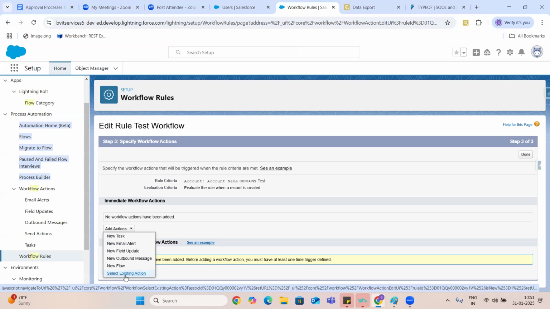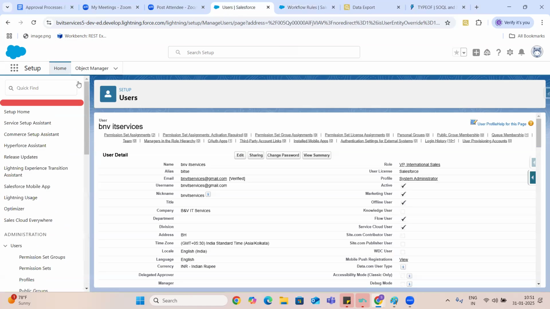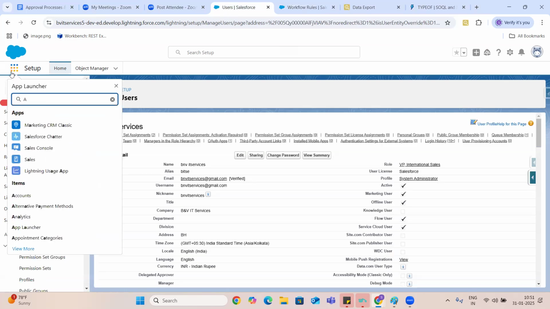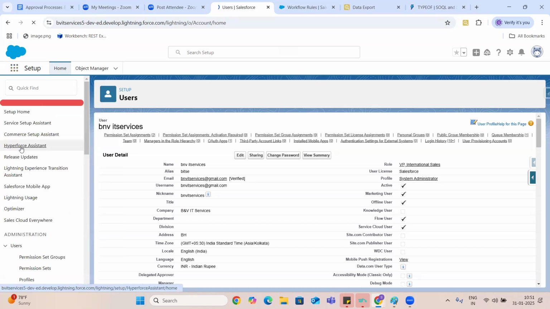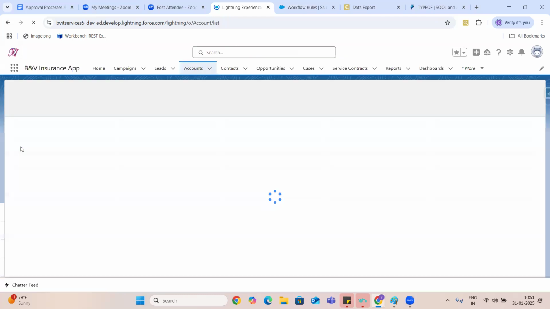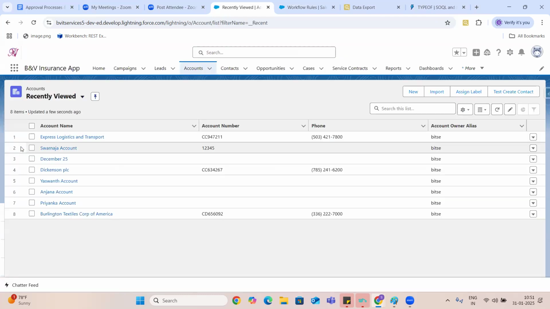But basically, workflow rules are something like that. Whenever a record is created, or the second option is whenever a record is created and edited, and the third option is whenever a record is created and edited to subsequently meet the criteria. You need to understand the difference between those three situations. Created is very straightforward, guys. Every time a record is created.